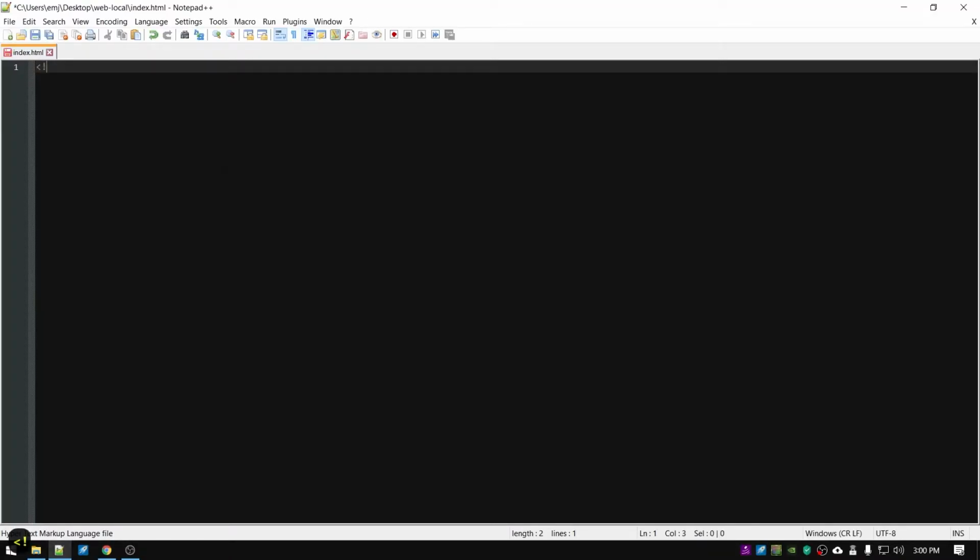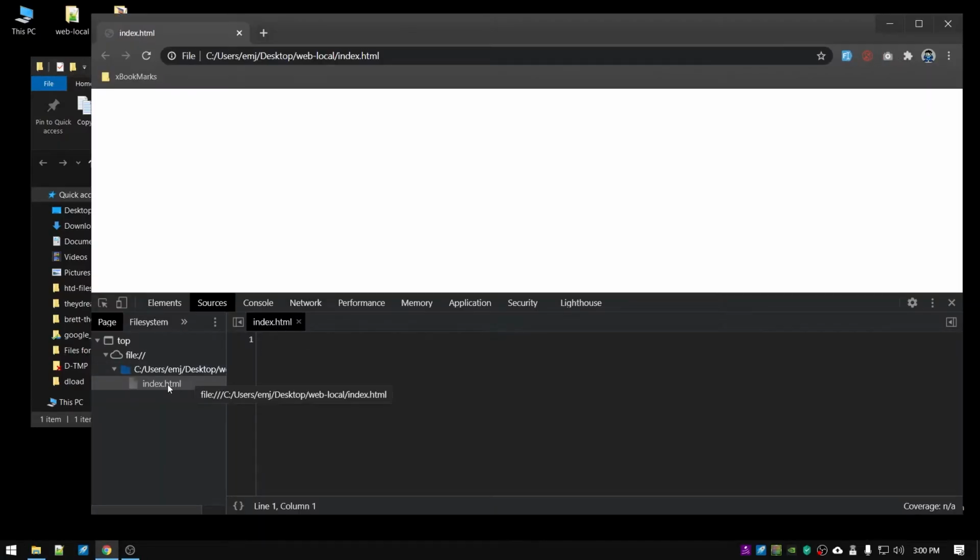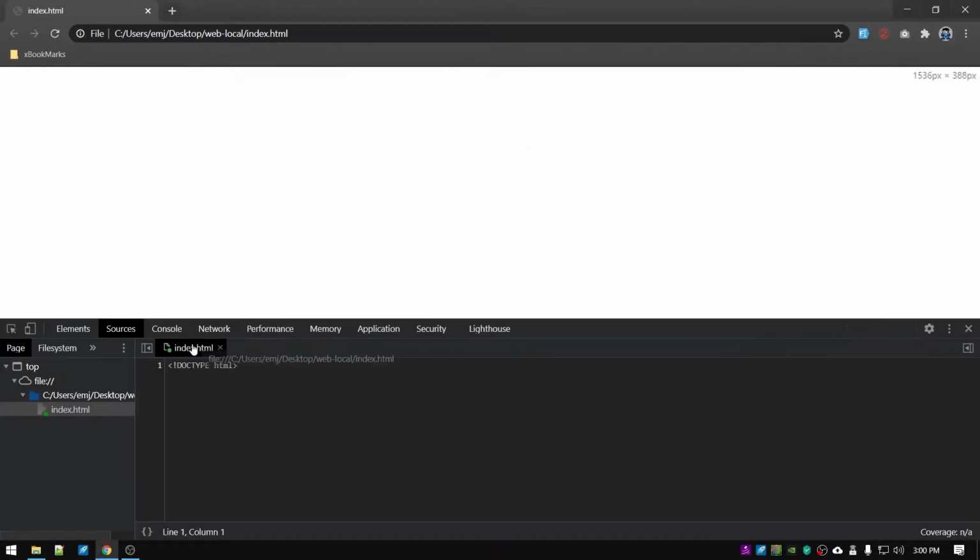We just have to type a beginner code. We just need that code to begin to be able to add something using Chrome. And let's close this. Let's reload the page. Okay, let's maximize this first. You will see that there's a green circle icon there. It means that the file is now linked with Chrome,